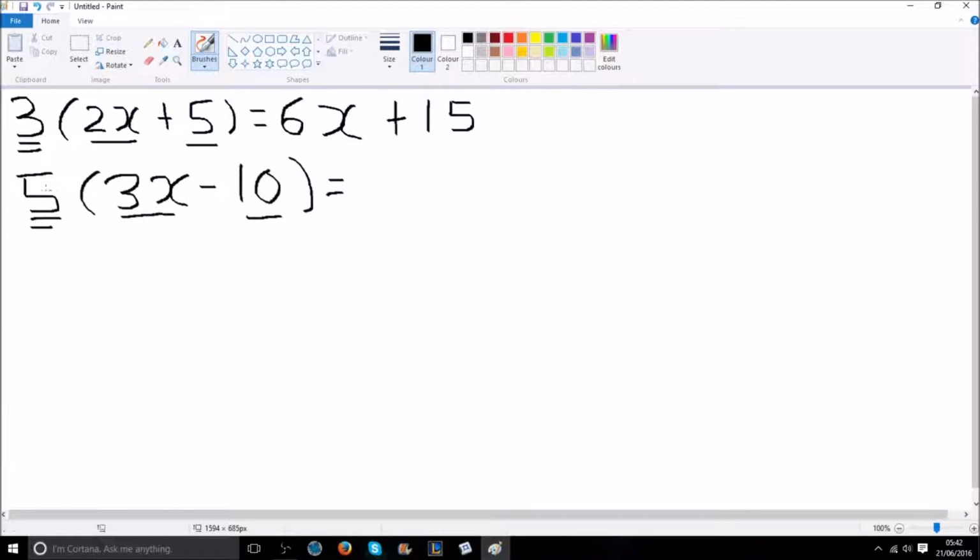Now to do this we do 5 times 3 first, which is 15. And then we write our x. And then we do 5 times minus 10. You should know that 5 times 10 is 50, but because there's a minus we need to write minus